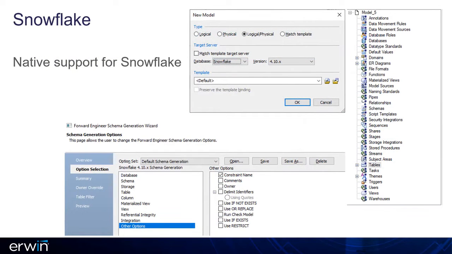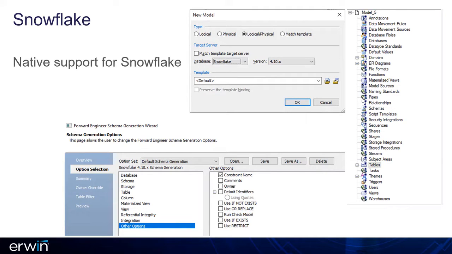Snowflake continues to grow as the DBMS solution of choice for many organizations. Irwin DM 2020 R2 now has full native support for Snowflake, which includes reverse engineering, complete compare, and forward engineering capabilities. All standard Snowflake data types and parameters are supported.